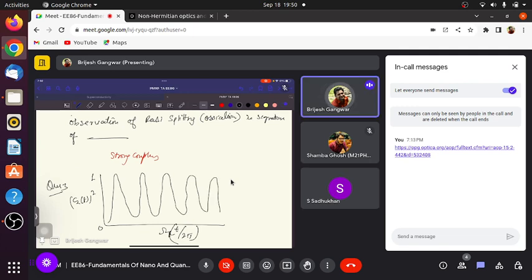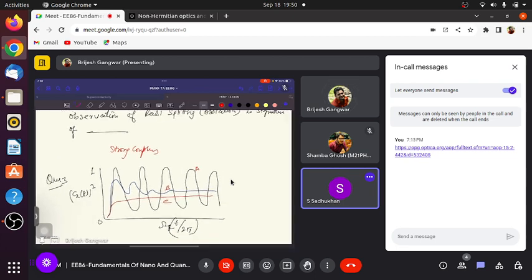One curve is like that, another curve is like that, and one curve is like that. This is C, this is B, this is A. Okay, the question is